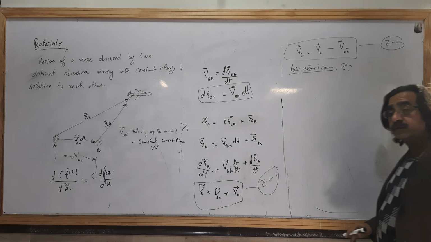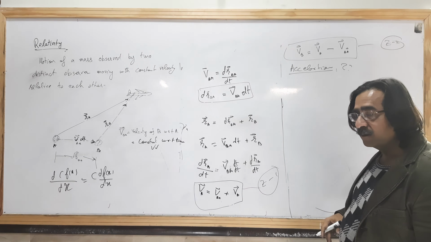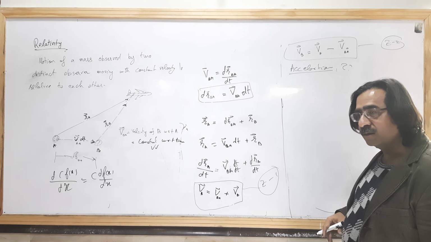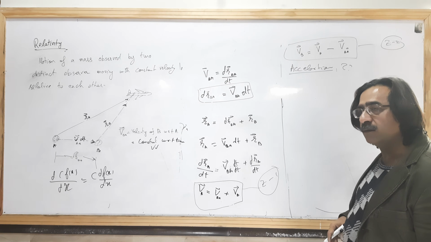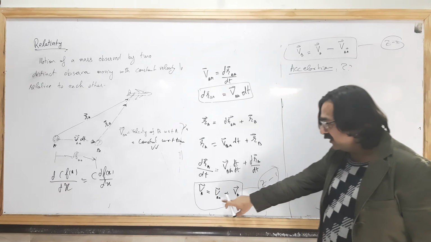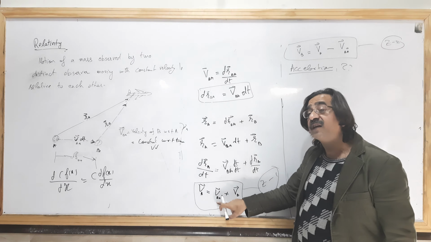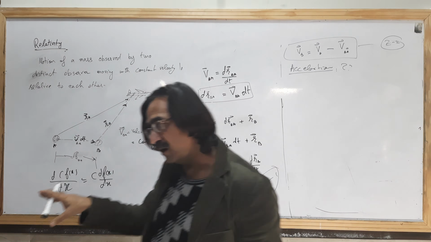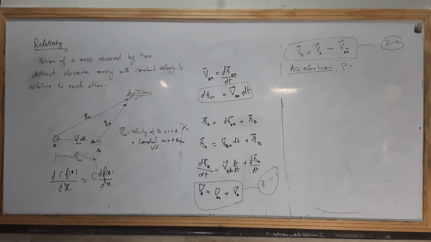You said at the beginning that the frame of reference we are taking is inertial, so the acceleration is 0. Now find the acceleration. One minute. The velocities of the frames of reference must be constant, not the plane. You said inertial frame of reference. The relationship between the velocities of the frames of reference must be constant.